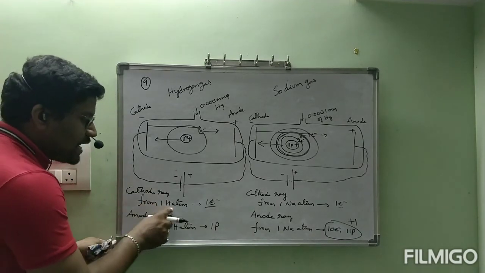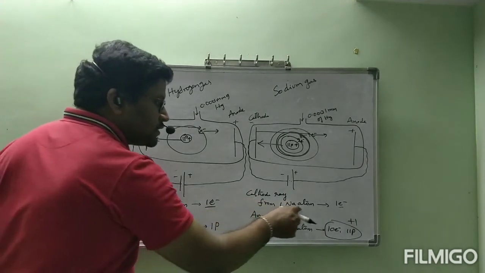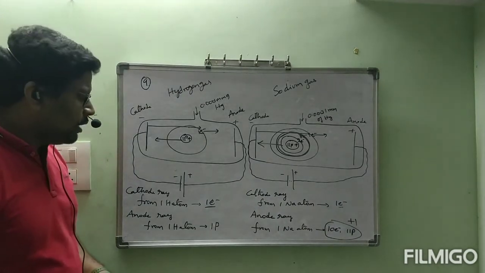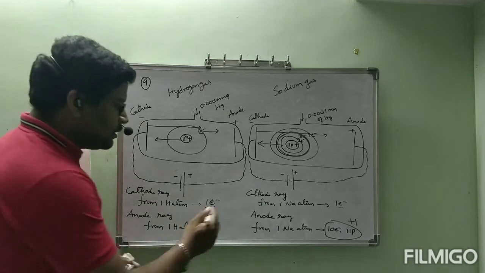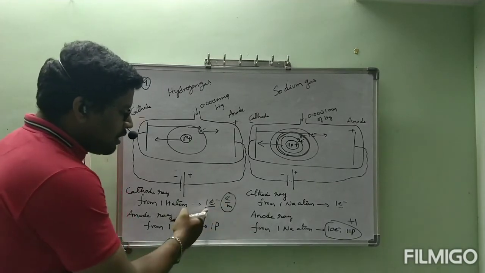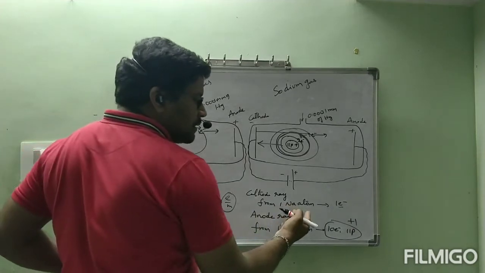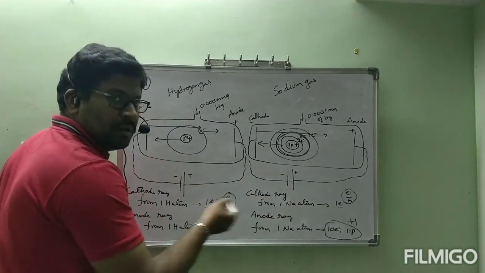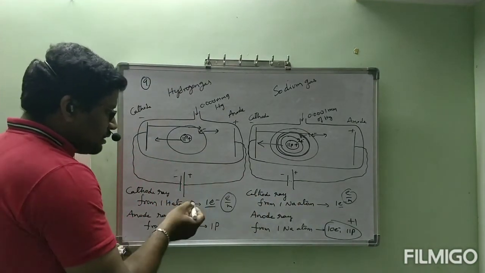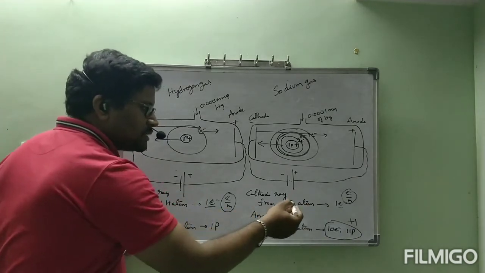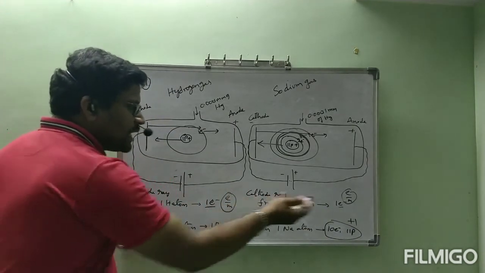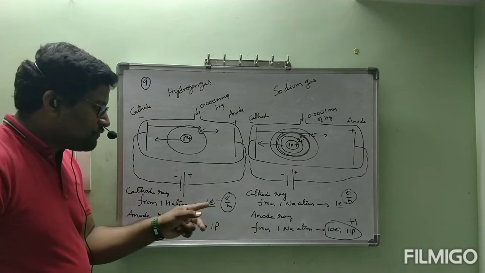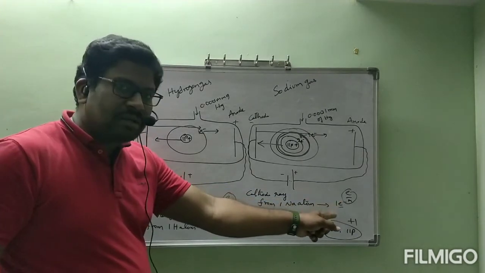But cathode ray from one H atom contains 1 electron. Cathode ray from one sodium atom contains 1 electron. Okay. Now coming to the H atom, the e/m ratio of 1 electron. Coming to the sodium atom, the e/m ratio of 1 electron. It is the same for cathode rays. If you take hydrogen gas or sodium gas, the e/m ratio is the same, because both are electrons only. Here this is 1 electron and here also 1 electron. So if you calculate the e/m ratio here and here, both are